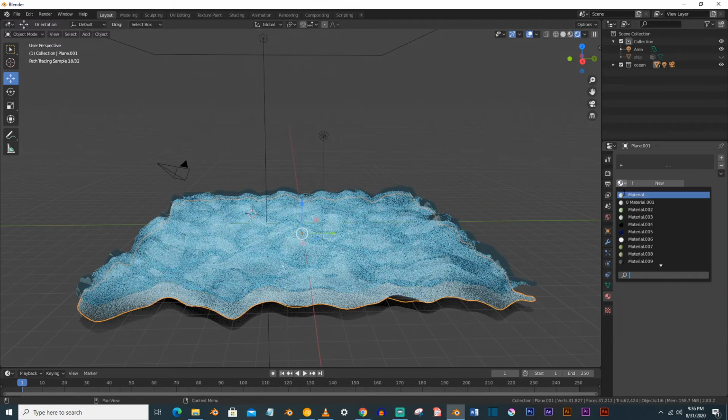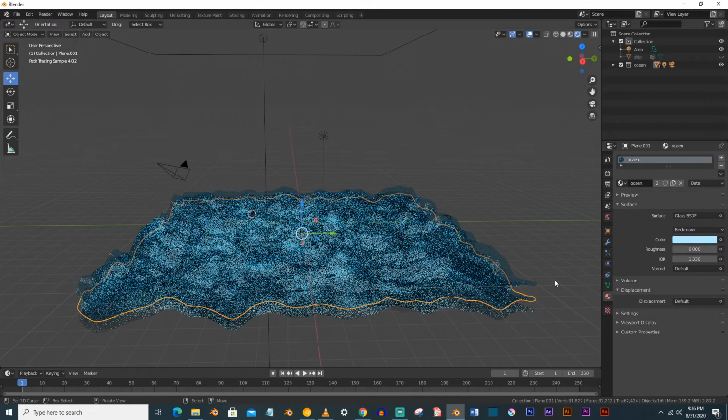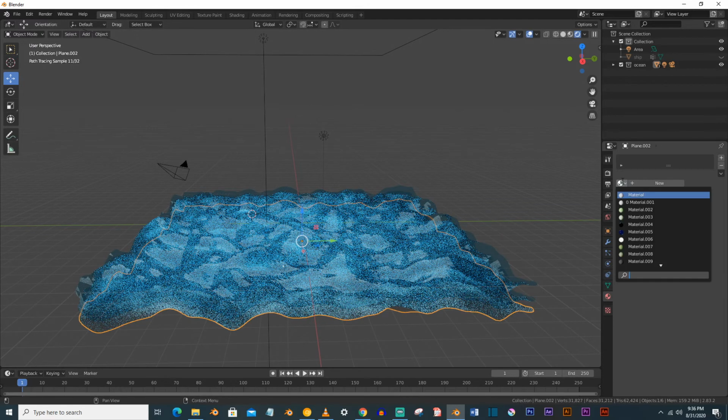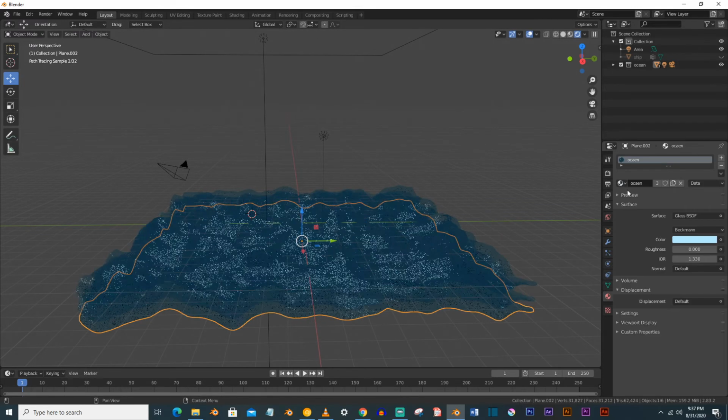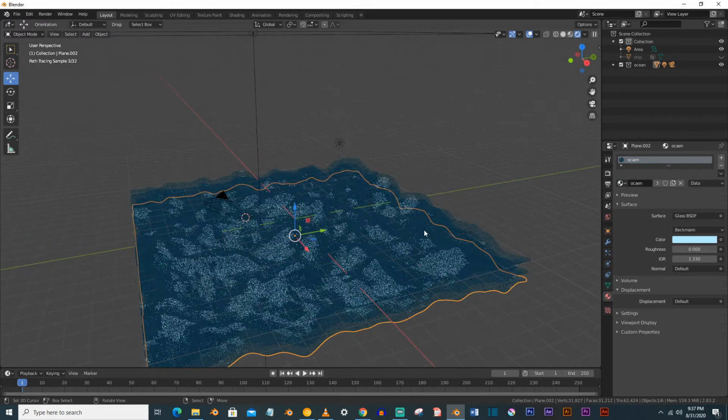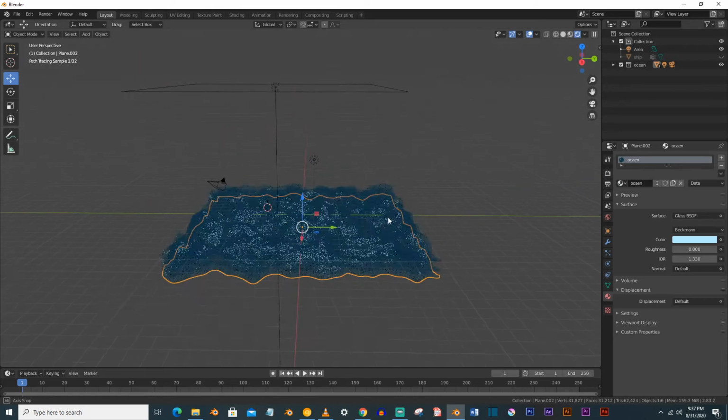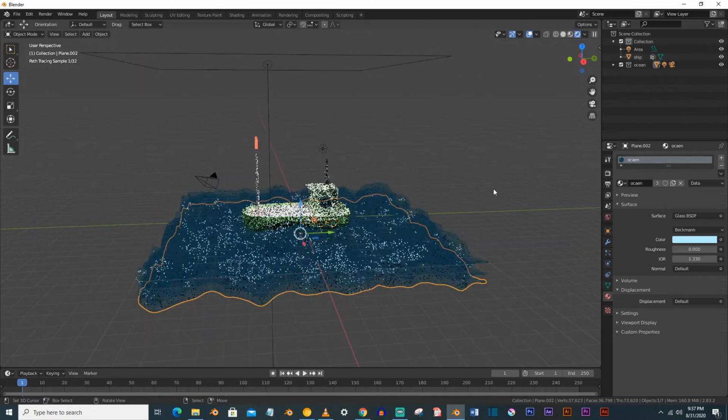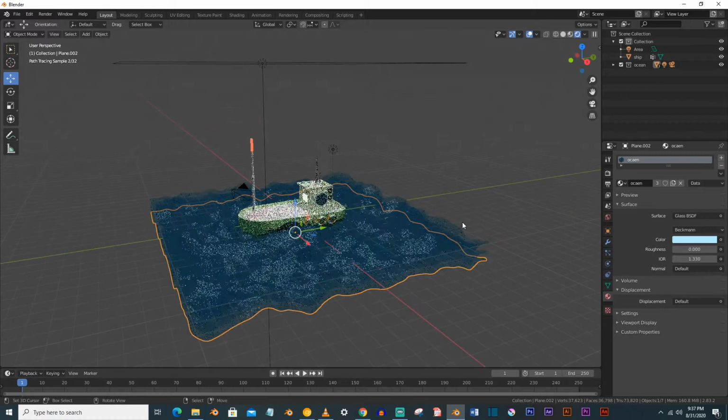Make this also ocean, make this also ocean, and you can see that our ocean and our boat is ready.